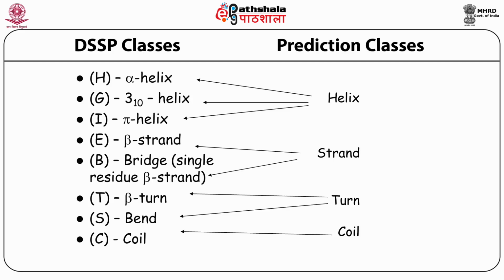Now most predictive programs do not provide such a detailed specification. Instead, all different kinds of helices are combined into one group, helix. The 2 different kinds of strands are combined into just a strand. Turns or bends are again combined into simply turns, and coils, of course, which are essentially the unassigned ones, remain as such. So even though the assignment using DSSP, etc., would give you a large number of classes, prediction is usually restricted to 4 for some, and for some it's only 3, that is helix, strand and coil.